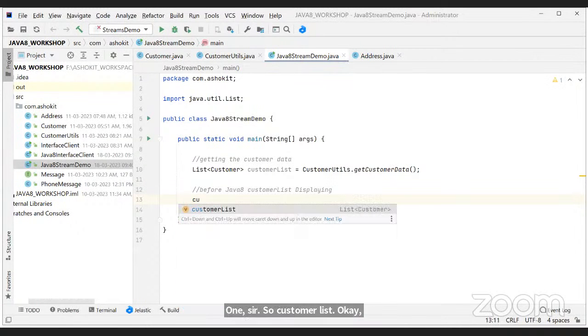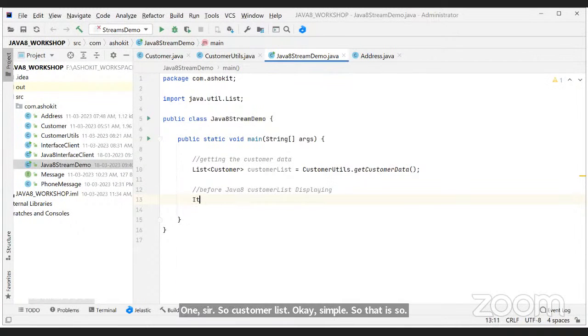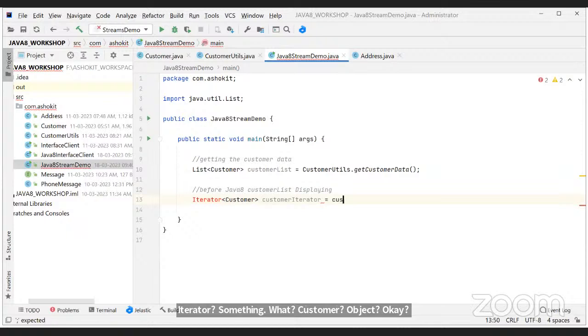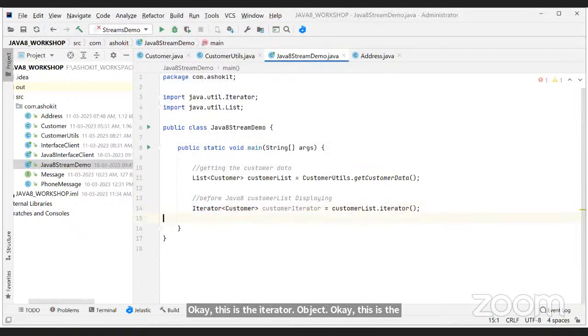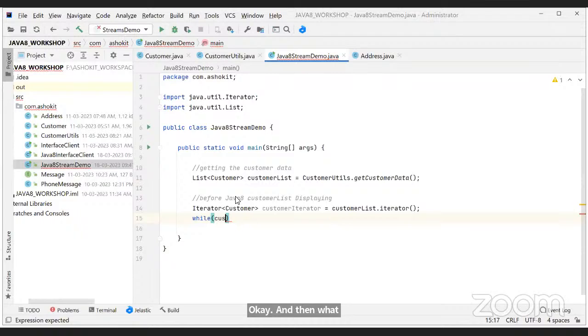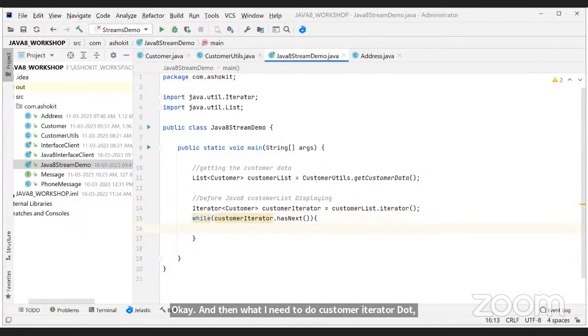So iterator: Iterator of Customer, customerIterator is equal to customerList dot iterator, sir. This is the iterator object. Import the class. And then what I need to do, sir, is while customerIterator dot hasNext, whether that iterator contains the next element or not.